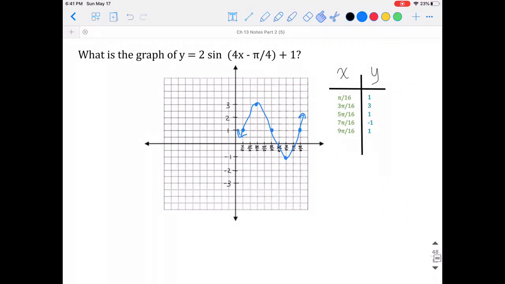And that's it for this section. Remember, the next assessment that you're going to have is next Wednesday, and you're going to have to graph by hand sine and cosine functions. So please make sure if you have any